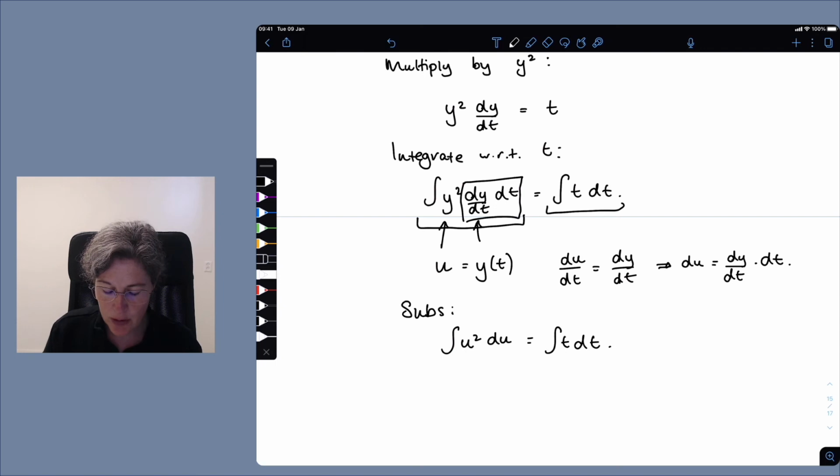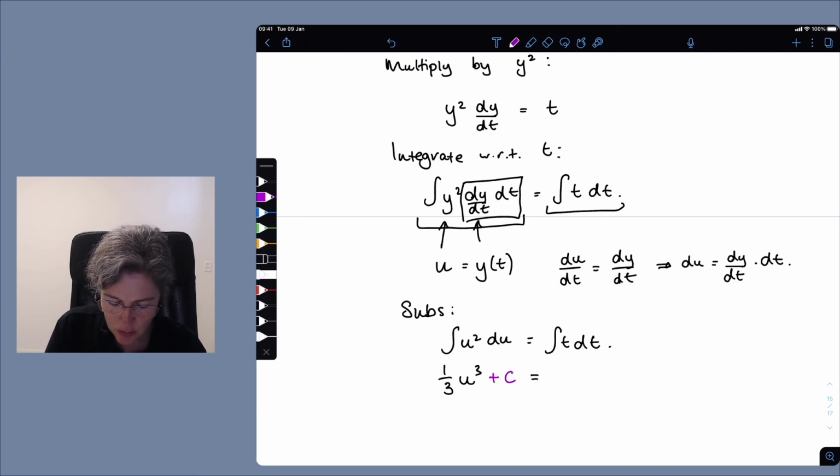They're pretty straightforward. So the integral of u squared is going to be 1/3 u cubed. And I'm just going to put in, we're going to see what happens here. For the moment, I'm going to put this in a different color, because you'll see that in the end we actually don't really worry about it very much. Let's call that C1. And I'm going to integrate t. That's going to be a half t squared